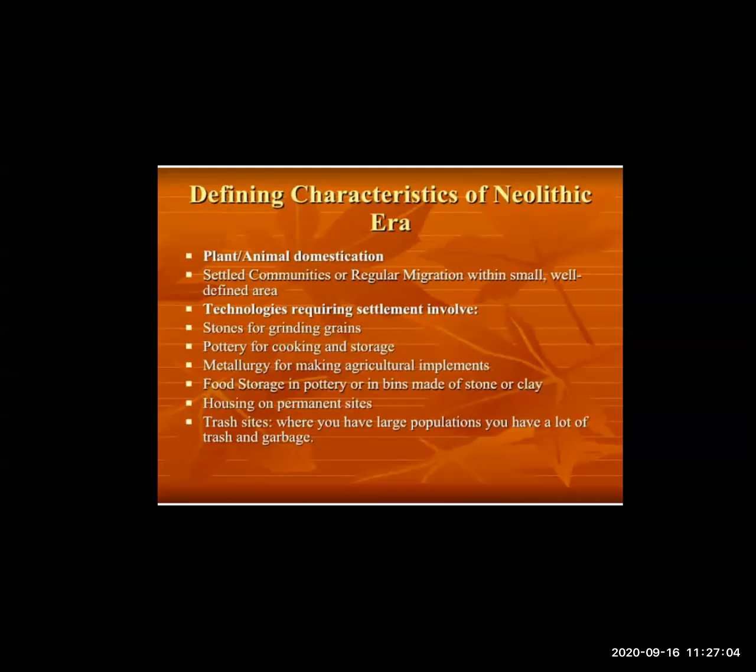Trash sites means what? Where you have a large population. Yes, trash site means what? The population of India is very high compared to other places. So the place where a large population lives is known as the trash site, and there is a lot of garbage. One very good example is Kalyan. Yes, Kalyan has a very big trash and garbage place. A big garbage bin is there in Kalyan.